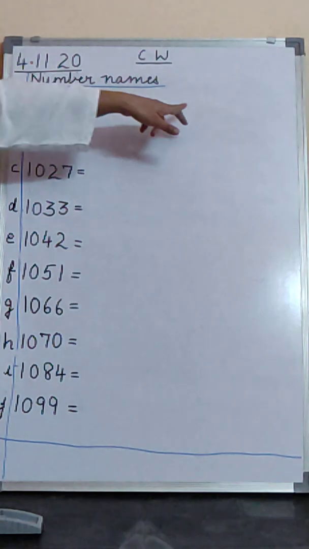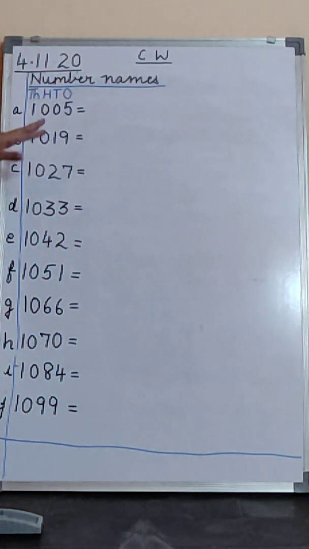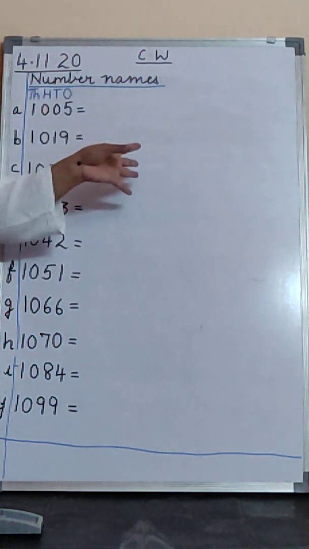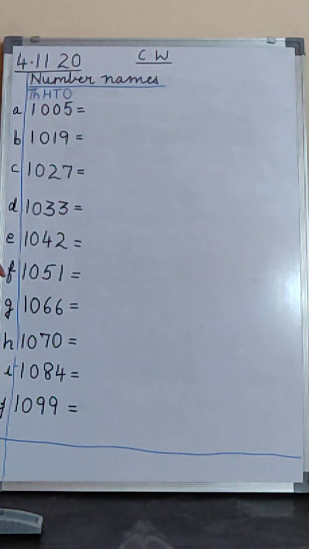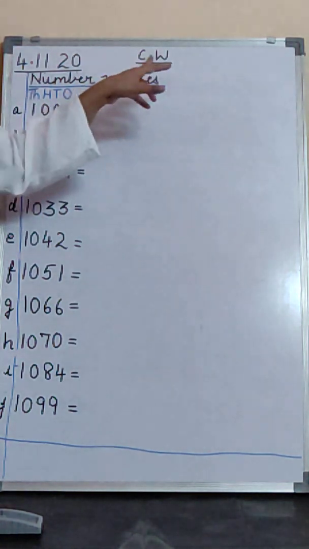Please write your number names very clearly, neat work, and please don't copy this work and send it to me like this. You know what you have to do now? A lot of children, if I write till there, they'll write till there only and they'll just send it to ma'am without understanding what ma'am is saying them to do. Ma'am is giving you the numbers. You have to write the number names. You have to write the spelling.